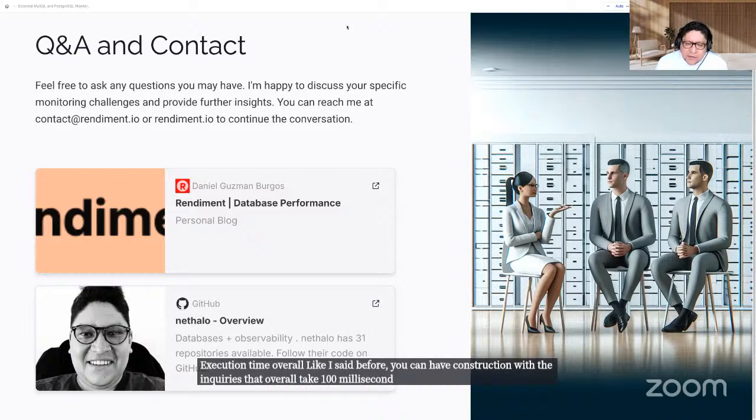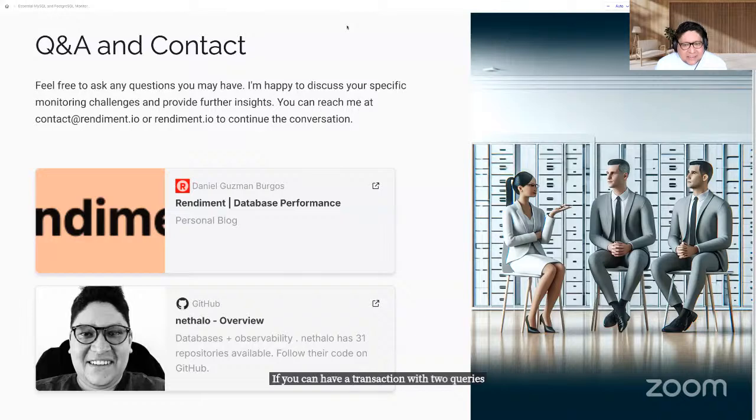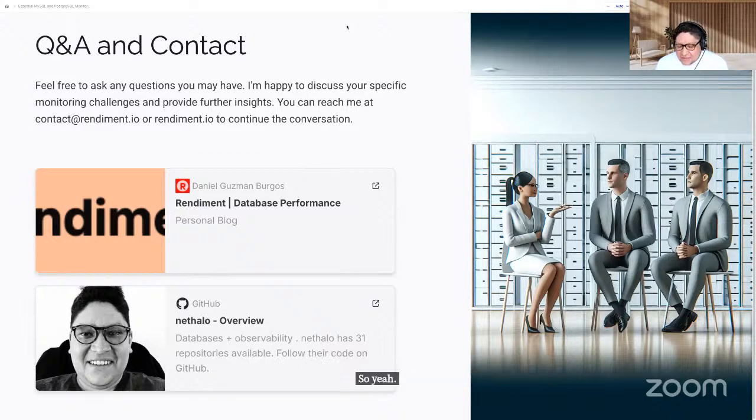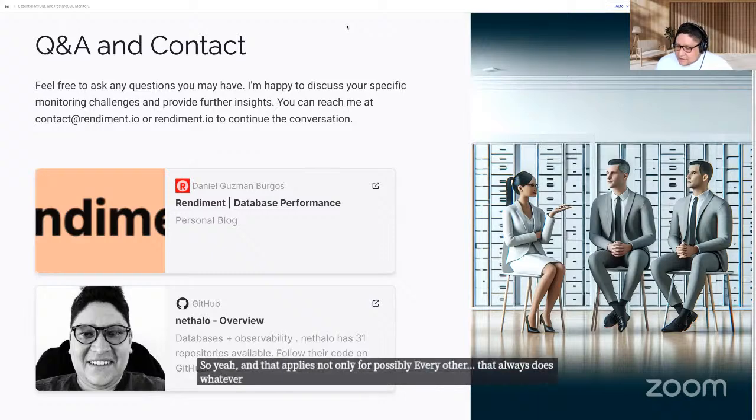That's acceptable. If you have a transaction with 2 queries that each take 5 seconds, that's a bigger problem. So that applies not only to Postgres, but to every other database. The smaller the transaction, the better. I hope that answers your question.